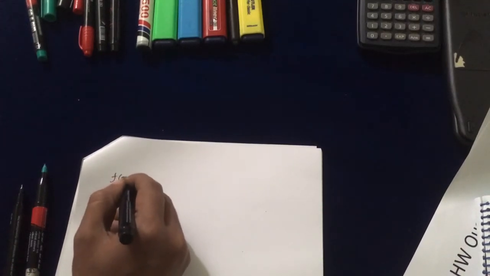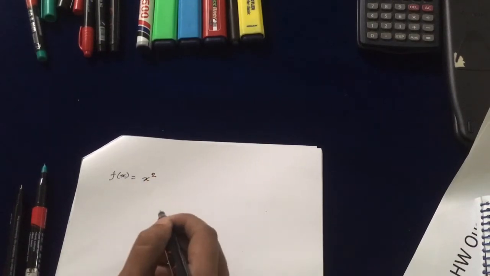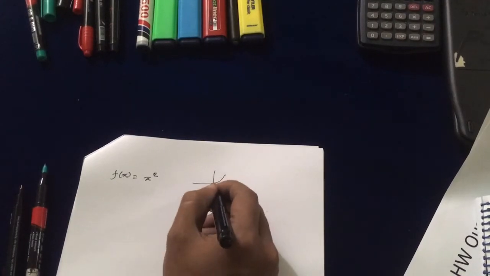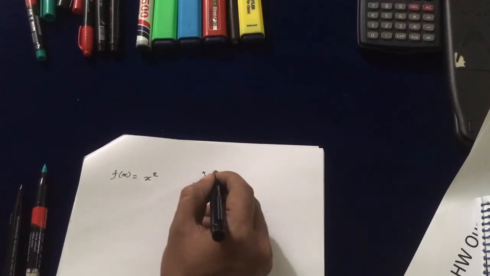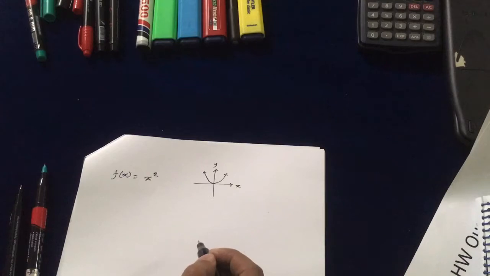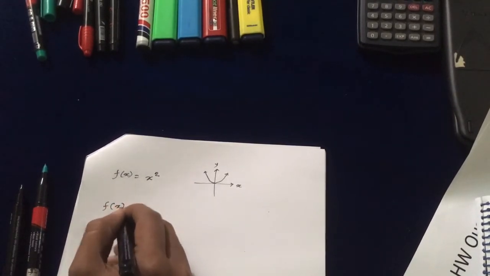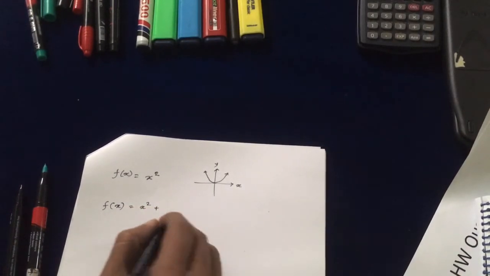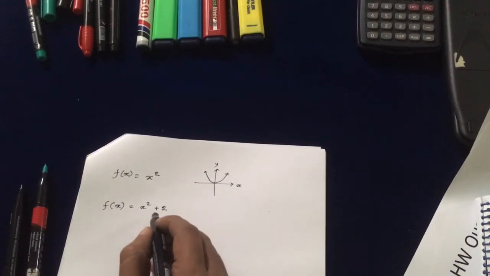Say a function f(x) equals x squared. So what is the graph of this? Rough graph of this will be like this. This is the up opening parabola, this is x-axis, this is y-axis, then our graph is like this for this one. And then what about if we write f(x) equals x squared plus, let's say 2, then what about the graph? So for this plus 2,